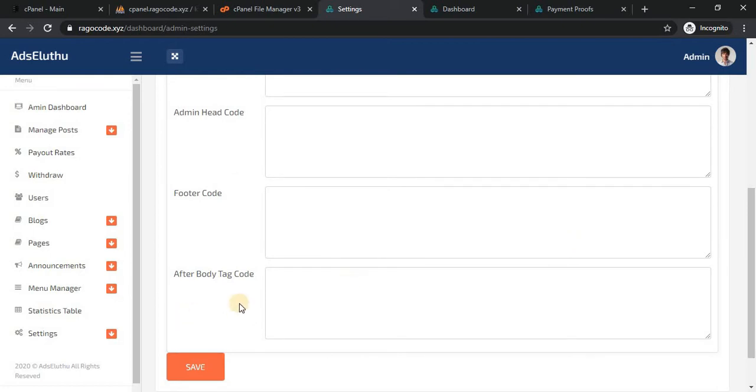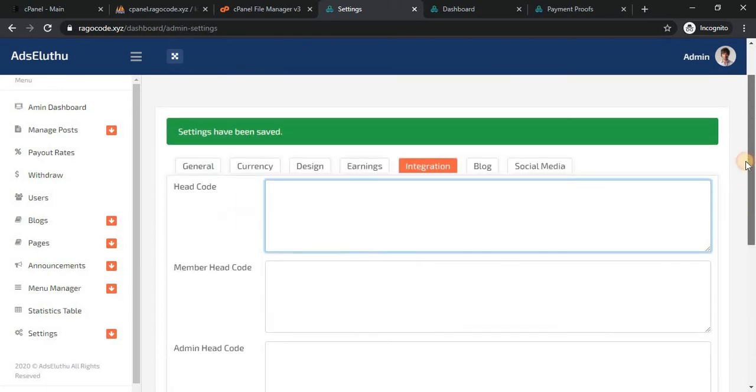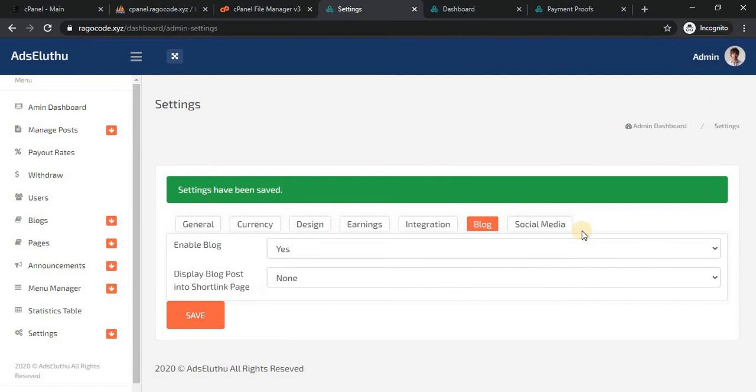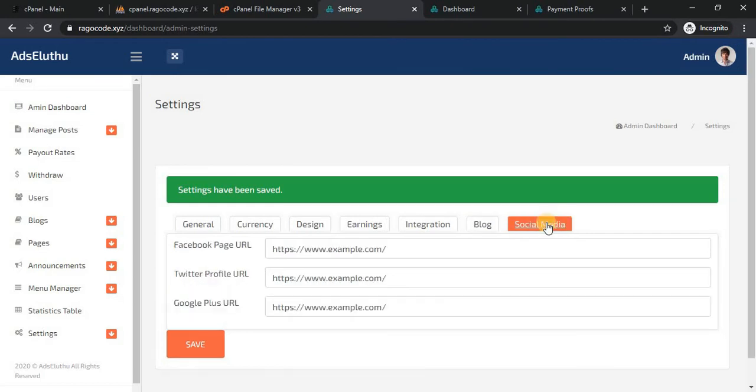And this after body, if you want to enter any tag after the body tag, you can enter it here. And then we will see about the blog. The blog we will also see later. Now social media.